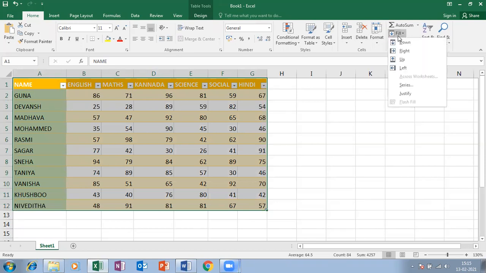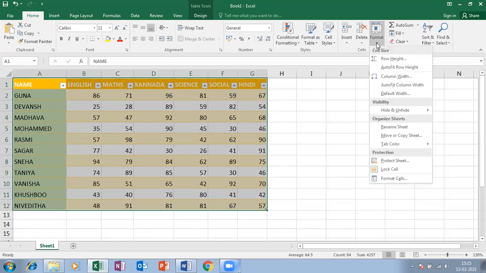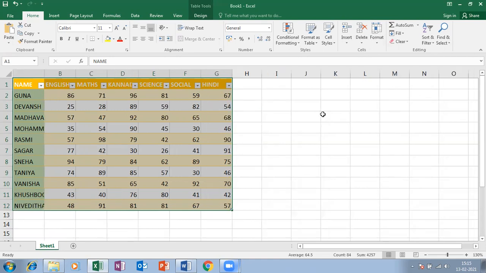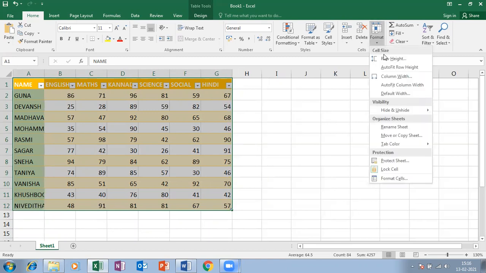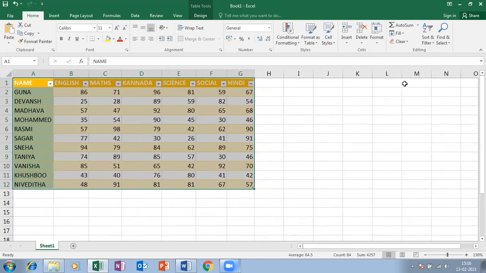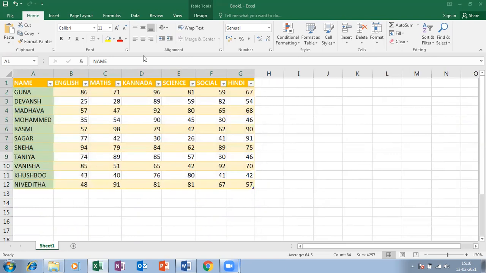Again column width. Like this. So if at all I want automatic column width and row height, then again click here, auto fit row height, auto fit column width. Easy. Clear?